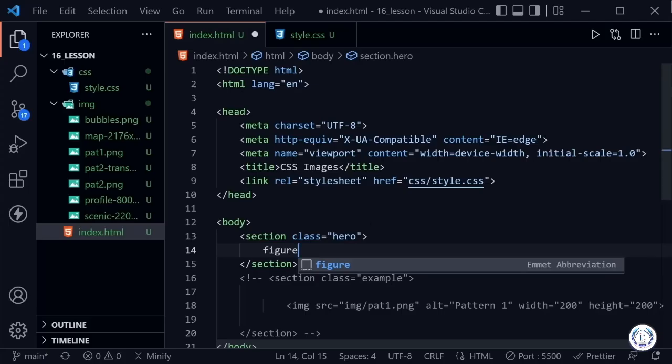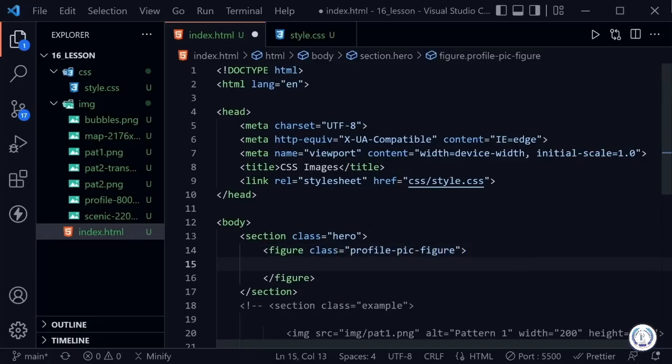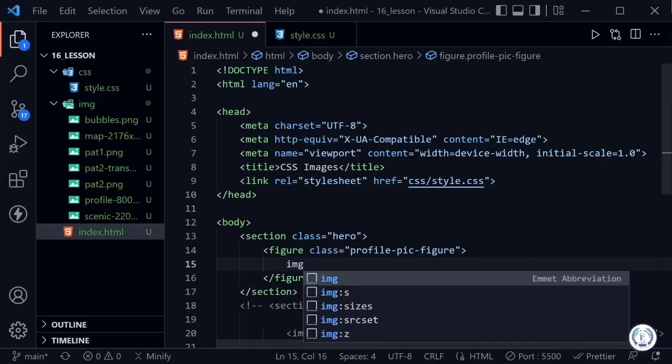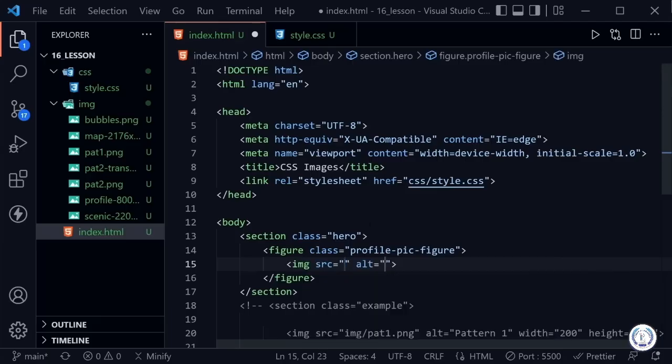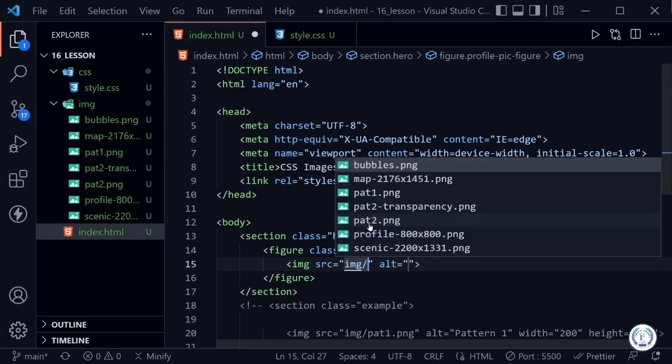And I'll give this a class of profile-pic-figure, so we know exactly what we're talking about there. Now inside the figure, I'm going to put the image element, and then we don't really need to apply a class there. We'll just use that profile-pic-figure to reference the image inside of it, and you'll see how I do that. Now we once again want to look inside of our image folder for the source,